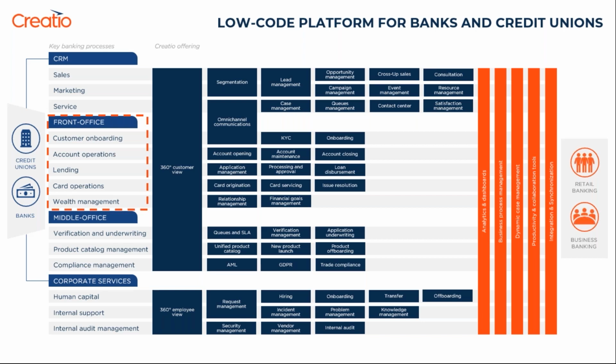Financial services banks typically have their own applications for core banking. That could be a Fiserv or Jack Henry or Symmetra. Those would be the core banking applications. Likewise, they will have something for wealth management, other applications for insurance, other applications for mortgages. All of those applications will interact with the Creatio platform, supplying various contact information and making sure that we are doing